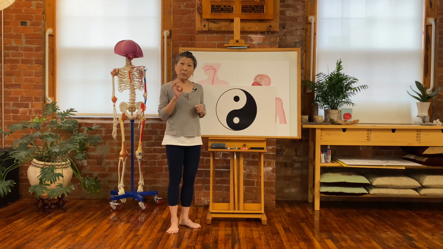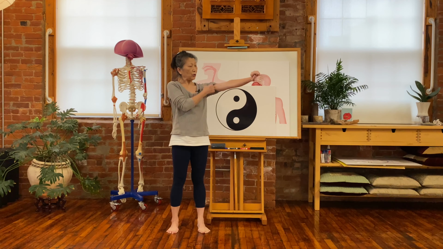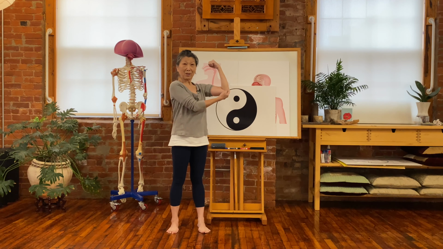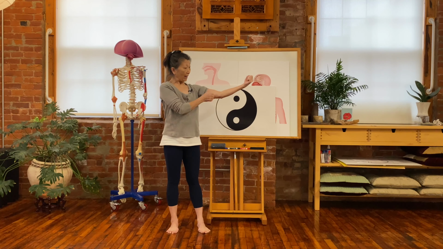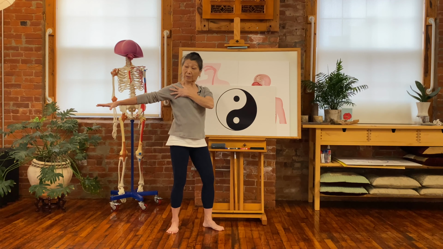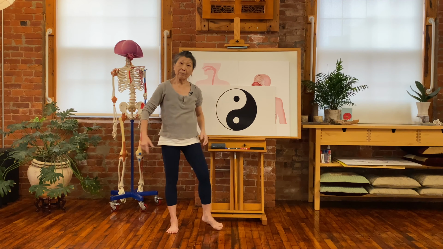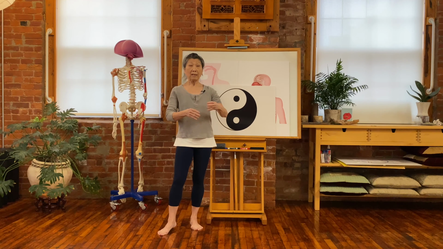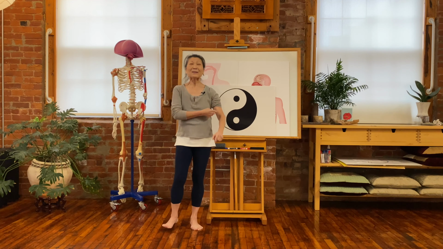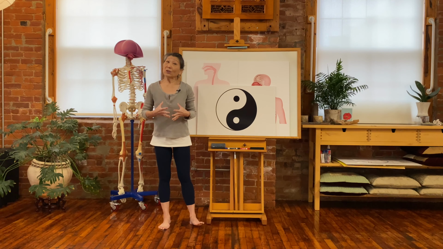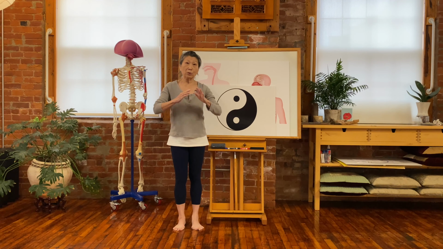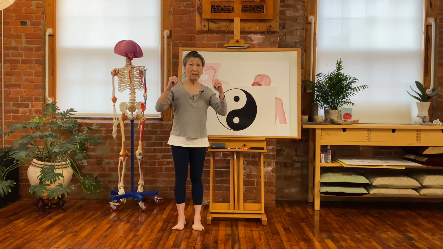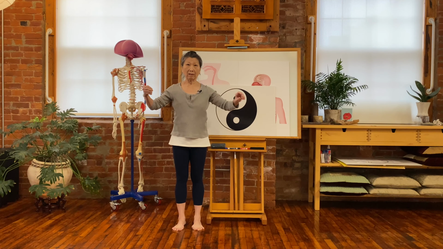Okay, same thing with the equal and opposite action, right? If I contract my bicep, my tricep is stretching. Contract the tricep, my bicep is stretching. So if you have an injury and you want to stretch the bicep, you reach back and open up. I'm going to teach you all that. I'm going to teach you exercise. I'm going to also teach you how to prevent injury. I'm also going to teach you how to recover from injuries. That's three things, right? That's fabulous. You're going to learn all that. Once you understand, you create a wonderful, very sound technique, and it also helps you recover faster than other people,